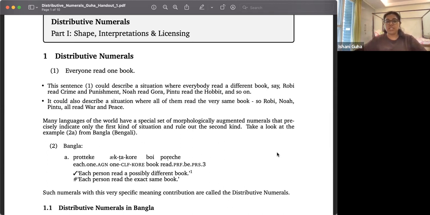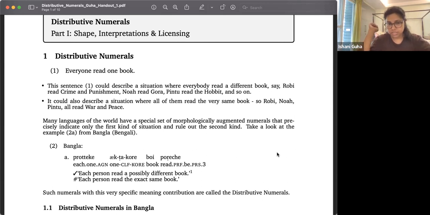So suppose I asked you to read Aisha's book and you read it, I cannot describe that situation by saying 2A. প্রত্যেকে একটা করে বই পড়েছে. No, because I know that all of you read the same book. Okay. So these numeral expressions, these morphologically augmented numerals, একটা করে বই, with a very specific meaning contribution, are called